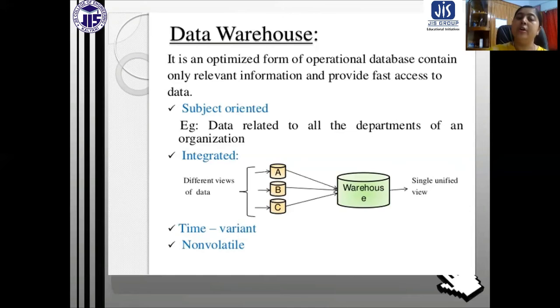Okay. So maybe in 2010, the cost of a particular thing is 50 rupees. But in 2020, it may be 100 rupees. Now, both pieces of information are true. The cost of the particular thing was 50 rupees at that time, and now the cost is 100 rupees. So we should maintain both pieces of information in the data warehouse.